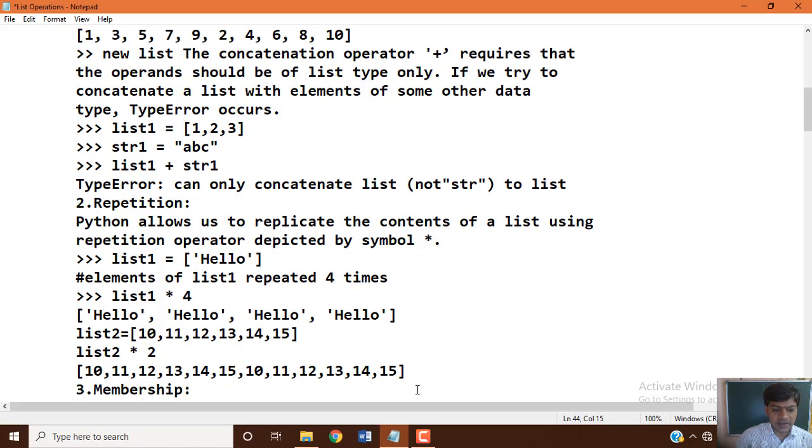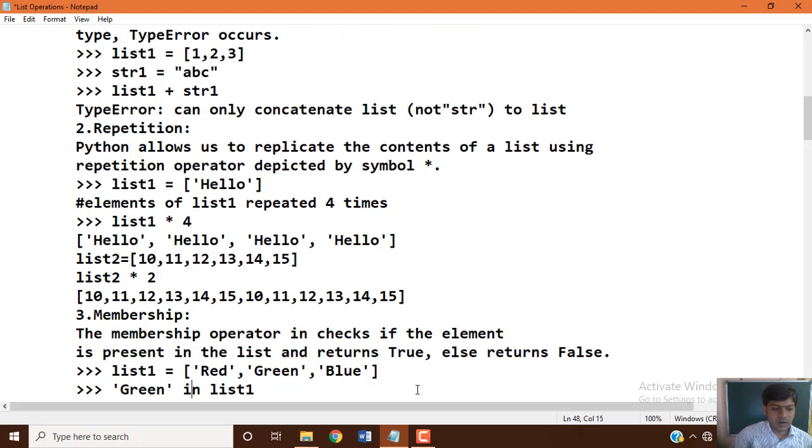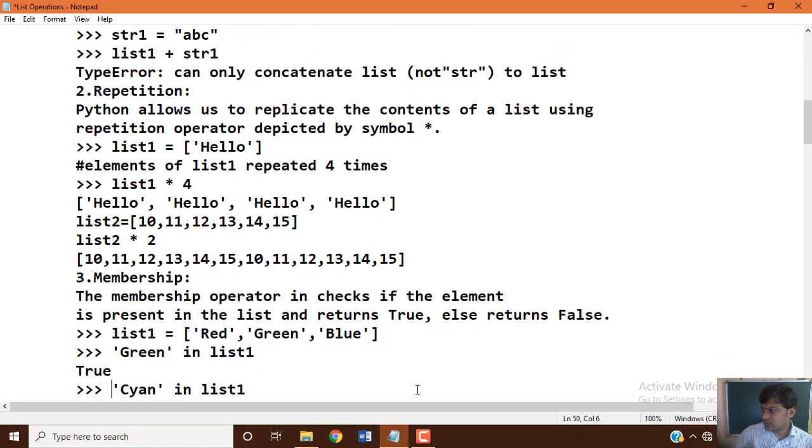The same operator we use for multiplication is used here with lists also. When you have list data items and use this operator followed by a numeric value, instead of multiplication, it will repeat the values that many number of times. That concept we call repetition.